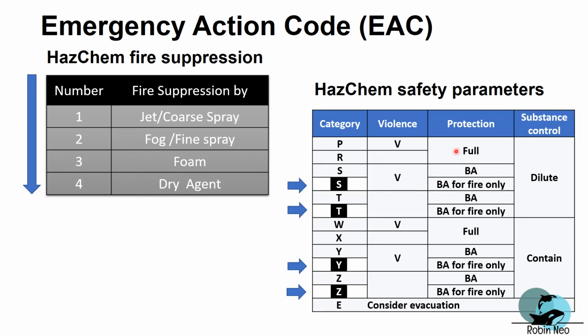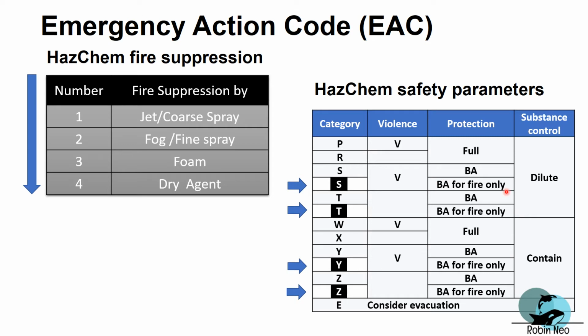Full denotes that full personal protective equipment provisions must be used around and in contact with the chemical, which will usually include a portable breathing apparatus and a watertight and chemical-proof suit. BA, the acronym for breathing apparatus, specifies that a portable breathing apparatus must be used at all times in and around the chemical, and BA for fire only specifies that a breathing apparatus is not necessary for short exposure periods to